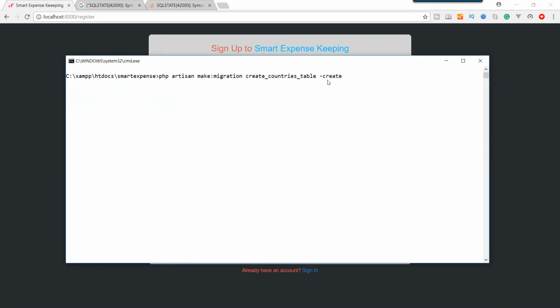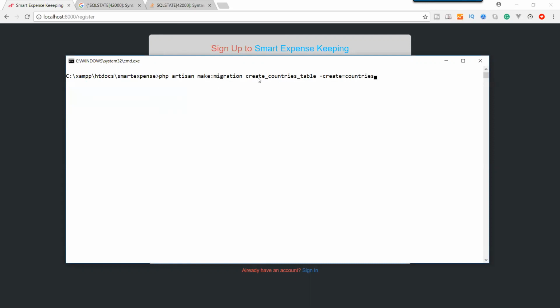with the flag create, and we will give the table name, which will be countries. Okay, php artisan make:migration create countries table.